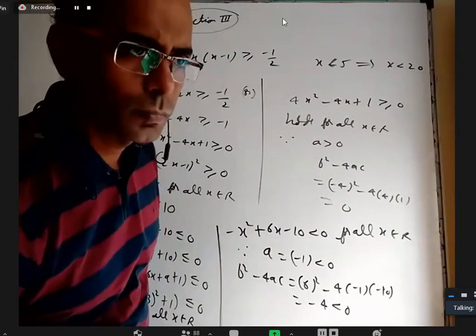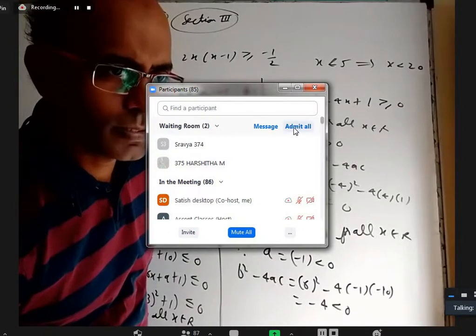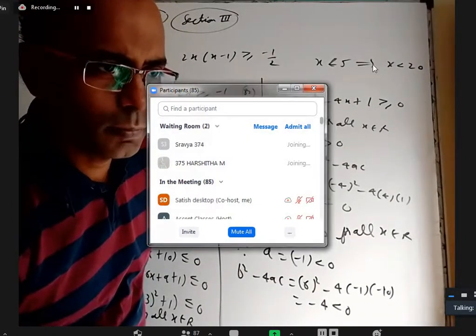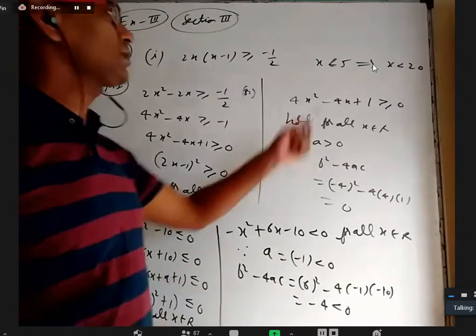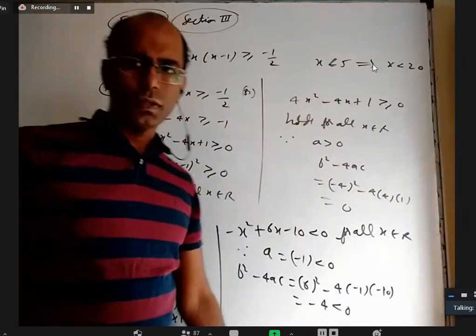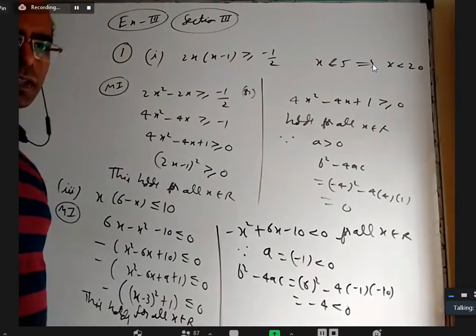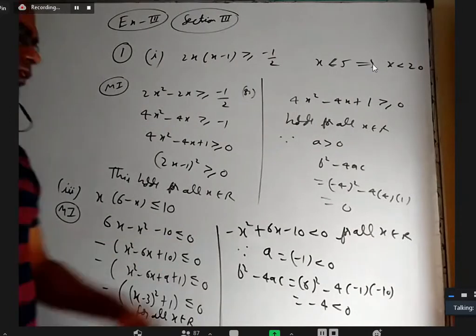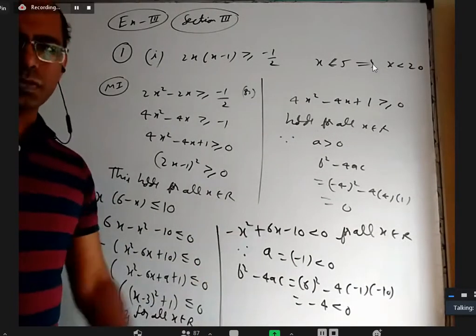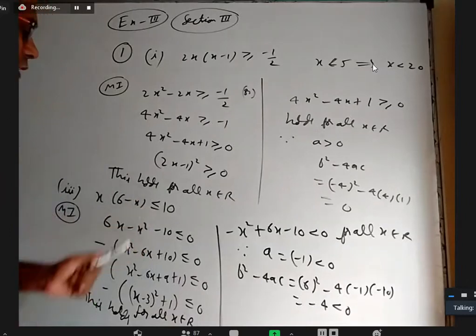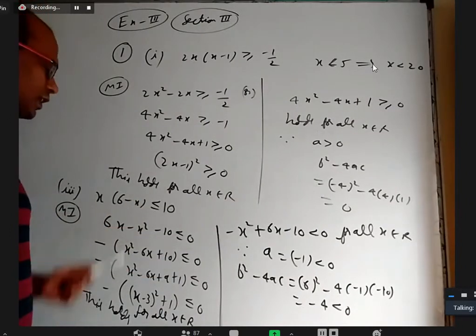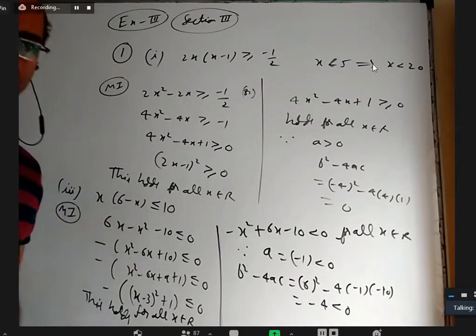Yes, sir. But one may ask when it will become 19, when it will become 18. I am not saying all that. I am saying my x values are less than 20. That's all. I am not telling any further details. The same way here, when something is less than 0, it is also less than or equal to 0. When we say less than or equal to 0, we are never saying that it will attain 0 also. We are saying all its values belong to minus infinity to 0.